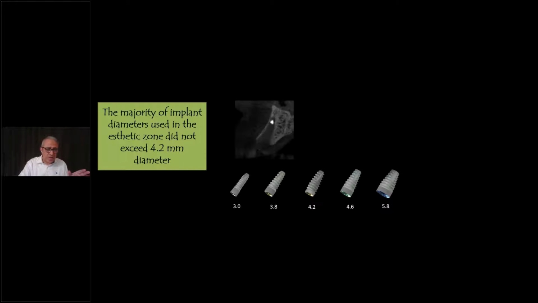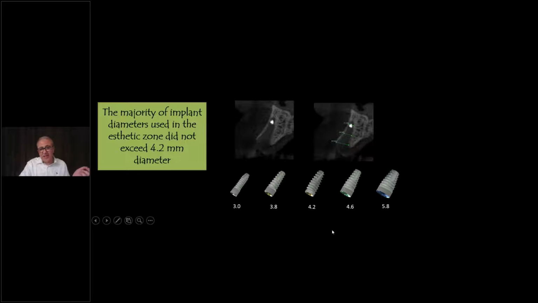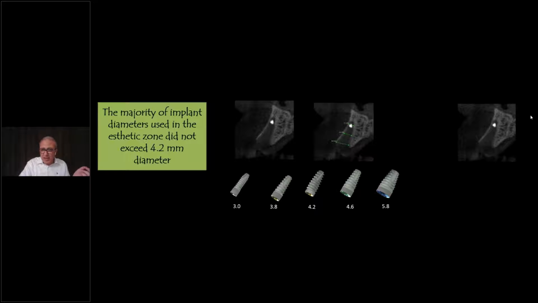And you need to realize that I've done a retrospective search for myself, not a study. For the past 5 years, I never placed an implant of more than 4.2 millimeters diameter in the aesthetic zone. You can see here, so you don't even think twice about using more than 4.2 millimeters diameter in the aesthetic zone. That's something that we know for sure now, and I want you to take this step back home with you.